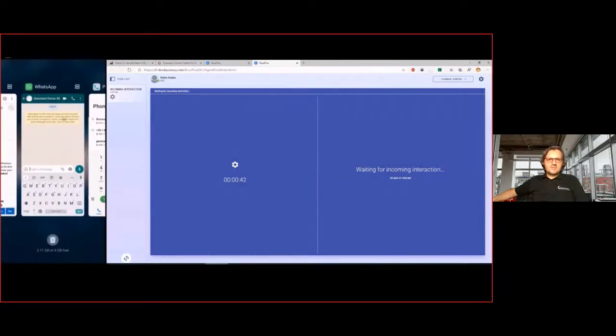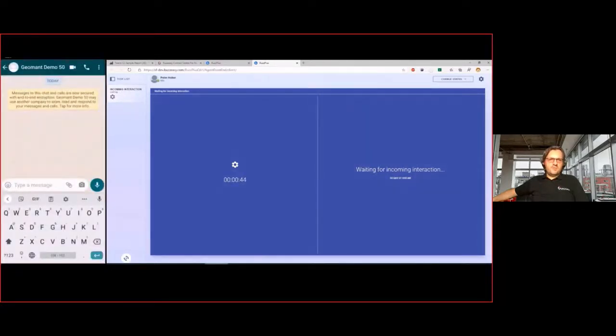Okay, so let me move to a WhatsApp client on my mobile. And this can be any other digital channel. So this can be a Twitter direct message, Viber in some regions that's popular, or Facebook Messenger. And what you can see, I just greeted the company, and I'm now talking to a bot.